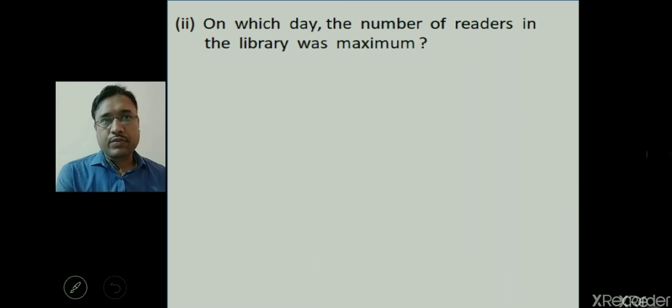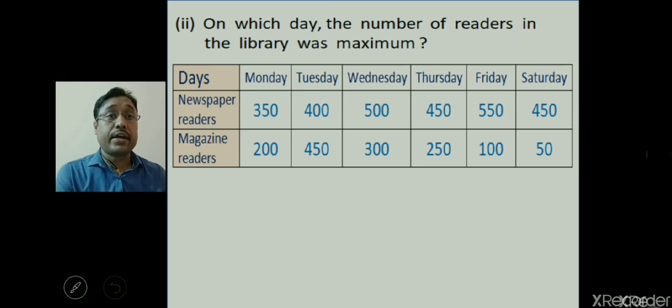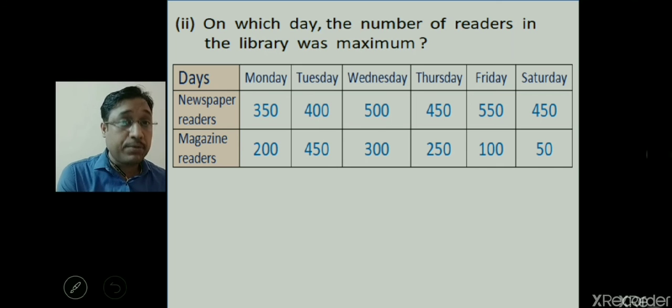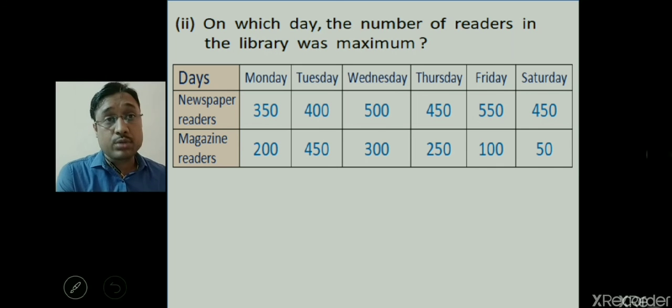Now the second question was: on which day was the number of readers in the library maximum? On which day was the number of readers in the library maximum? This can be answered by the tabular representation of the data also, which is given in the question, that is days Monday to Saturday all given, and their respective newspaper and magazine readers numbers also shown for each day. So from the data you can see 350 and 200 on Monday. So this gives the sum that